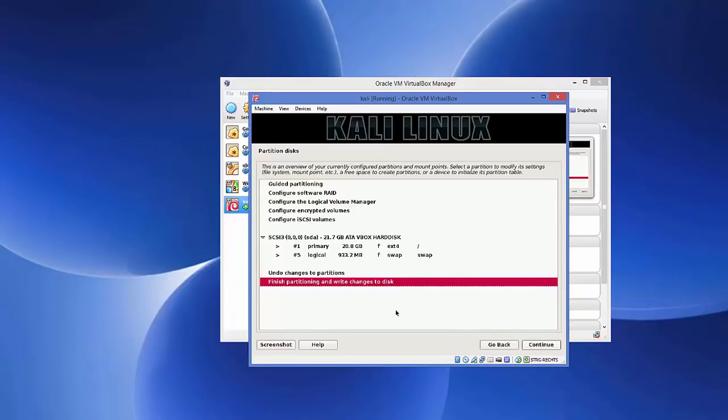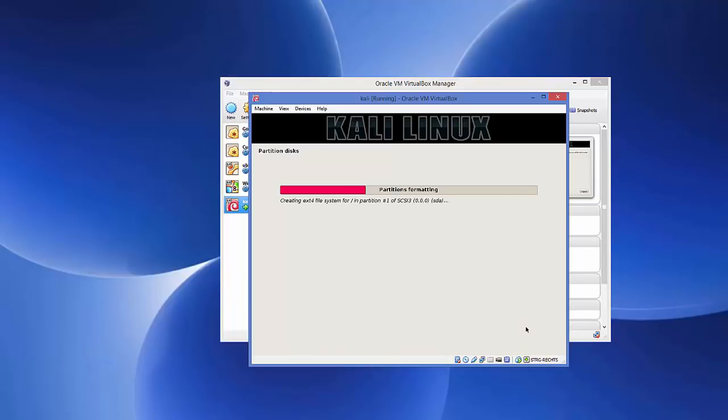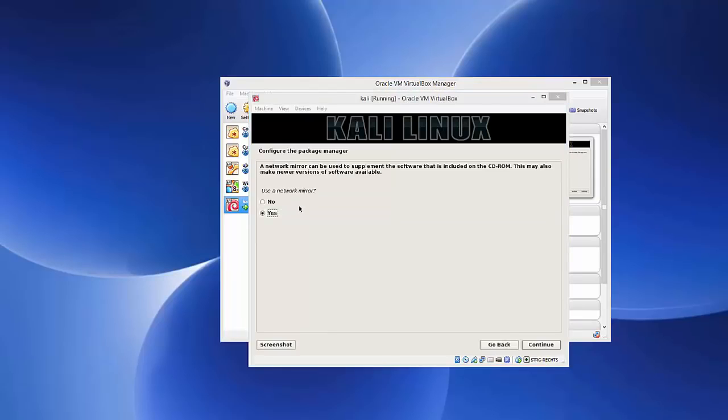Okay, and in here also choose the last option and click continue, and now you are asked that you just need to provide a partition disk. So write the changes to the disk. Yes, we want to write the changes to the disk, so we will choose the yes option here and then click continue. Now in the next step you are asked to choose or use a network mirror, and you just need to choose the default option which is yes here and then click continue,